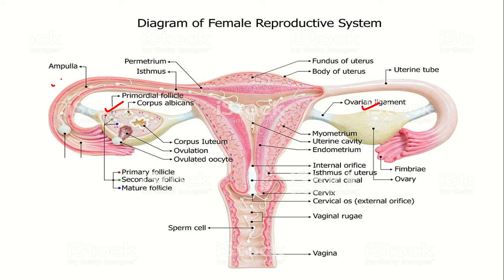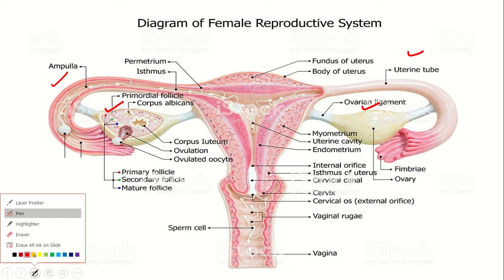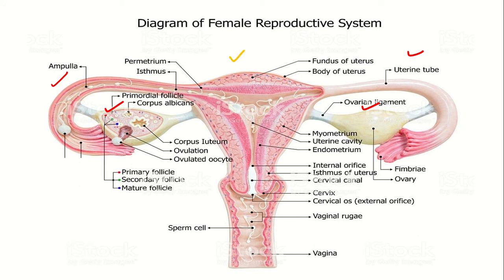And then see here, two fallopian tubes are there, and then in middle a triangular portion is there known as the uterus. This whole triangular portion is the uterus, and then the vagina is there. So there are different minute parts or sub parts that I am not discussing now, but these are more or less the overall parts of the female reproductive system. First pair of ovaries, then pair of fallopian tubes, and then the uterus, then the vagina.